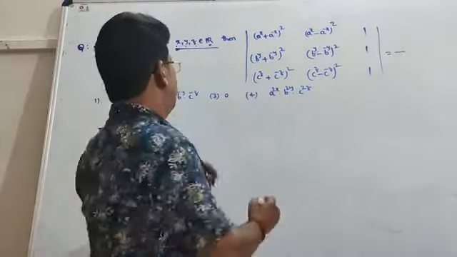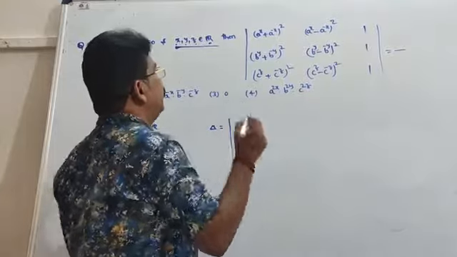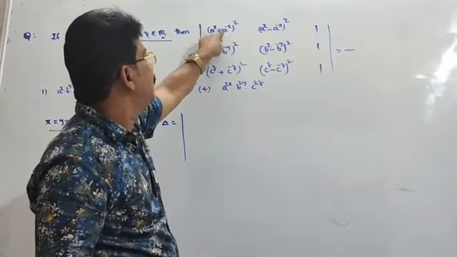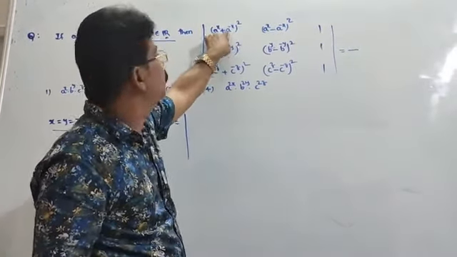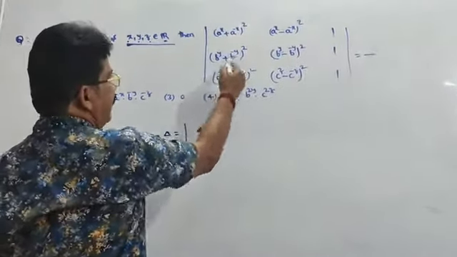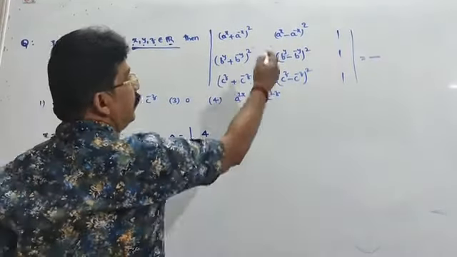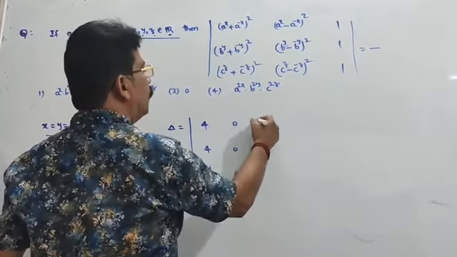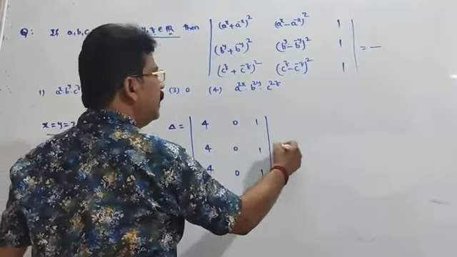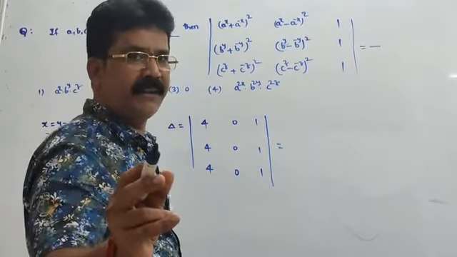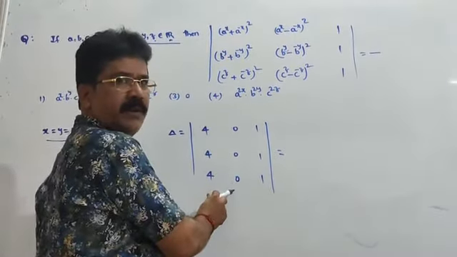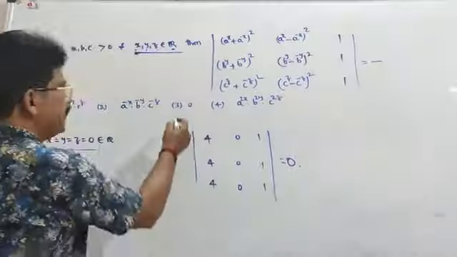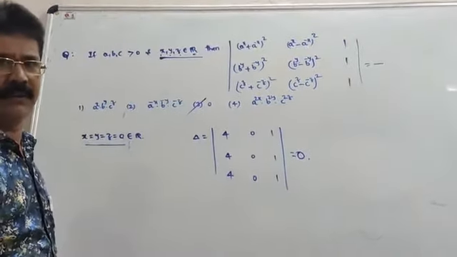Okay, so the determinant is equal to x0, a power 0, any finite value whole power 0, is 1. Similarly it is 1, 1 plus 1, 2, 2 square 4, 4. Similarly 4, 4. Next 1 minus 1, 0, 0, 0, 1, 1, 1. Already I said in the properties of determinants, if all elements are zeros in any row or in any column, then its value is equal to 0. Thus, which option is right? The third option is right. This is the shortcut.